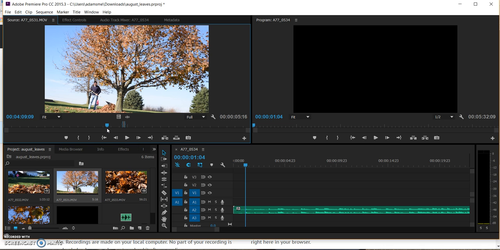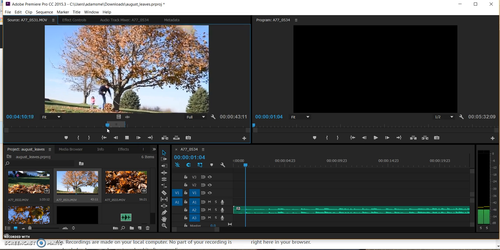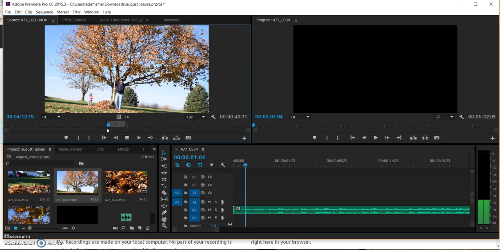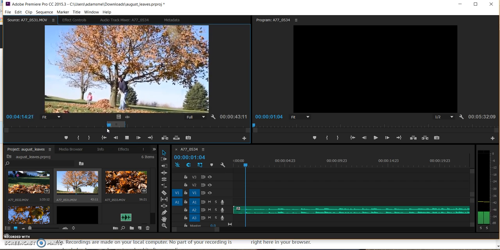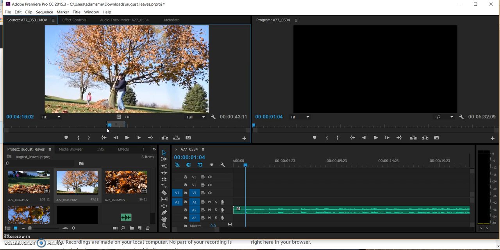So to do that, I'm going to mark an in on my computer, which is I, and then I'm going to press the space bar to play it back. That seems long enough, so I want it to end there. So I'll hit the space bar again, that'll stop it from playing, and I'm going to mark my out, which is the O on your keyboard. Okay, so now I have this nice clip edited from this larger clip, and I'm just going to drag that down